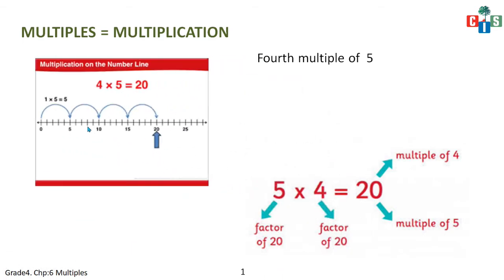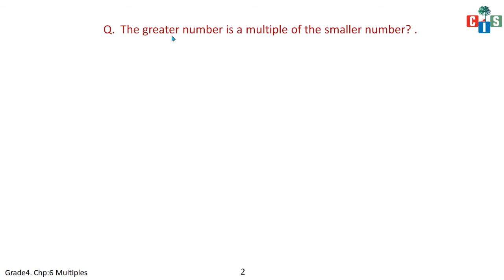You remember that frog jumping? Yes, the frog has to jump 4 times at the gap of 5 because you have to find the fourth multiple of 5. Fine. So this is where the frog will reach, 20. So the fourth multiple of 5 will be 4 fives are 20. And now you have to find the sixth multiple of 5. So 6 fives are 30.